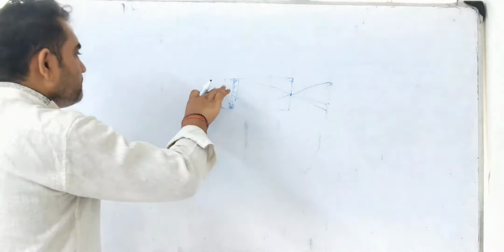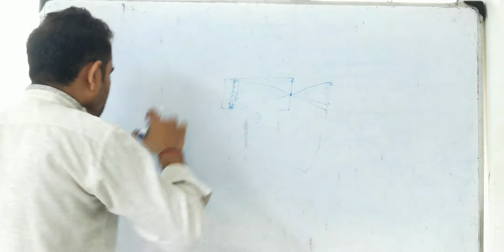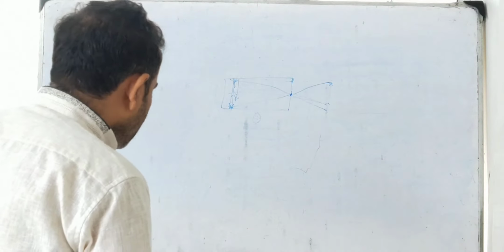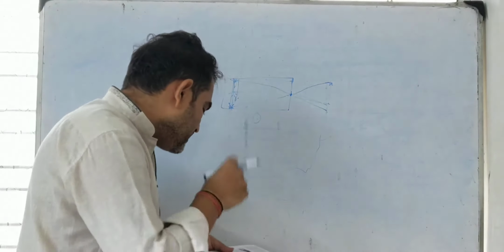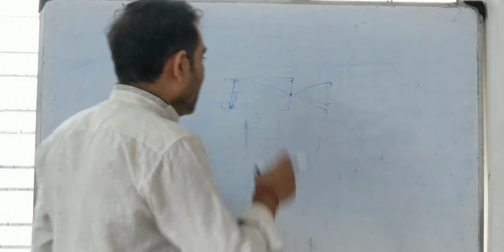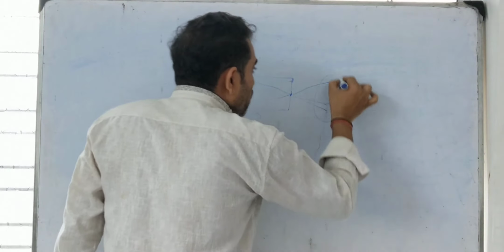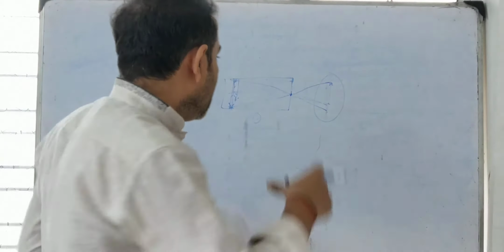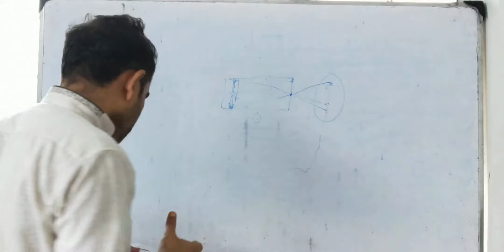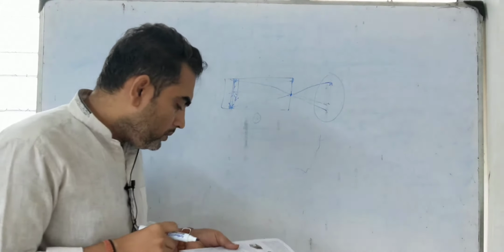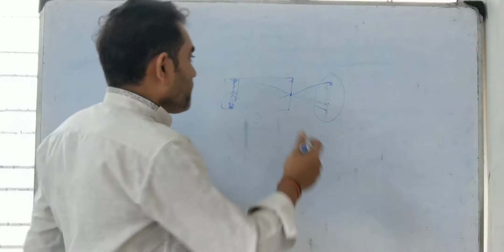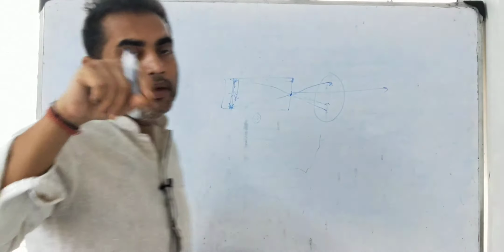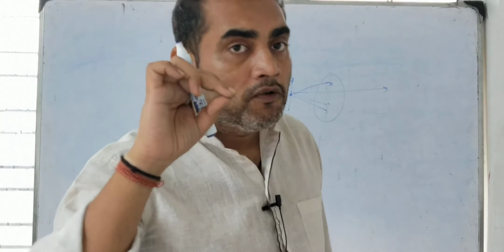There are several factors to be discussed while talking about the pinhole camera. What are those factors? The first one is the distance of the object from the pinhole. The distance of the object from the pinhole will affect the size of the image formed. If the object is closer to the pinhole, the larger is the image formed. Moving the object away from the pinhole will diminish the size of the image formed.